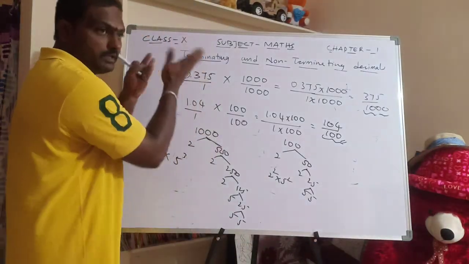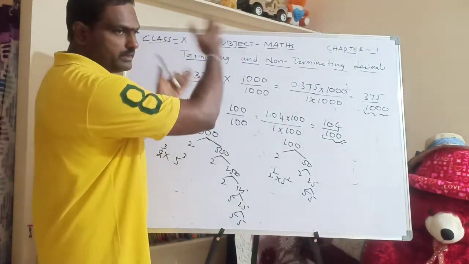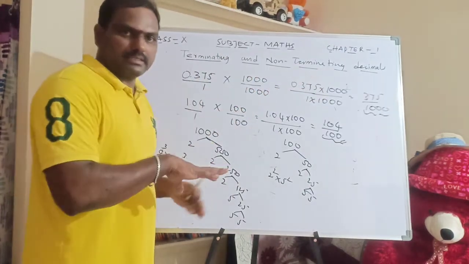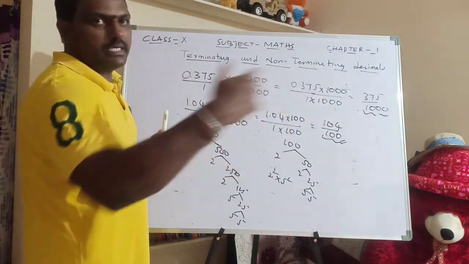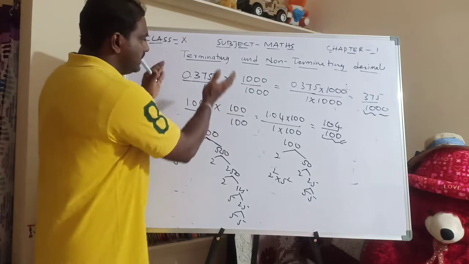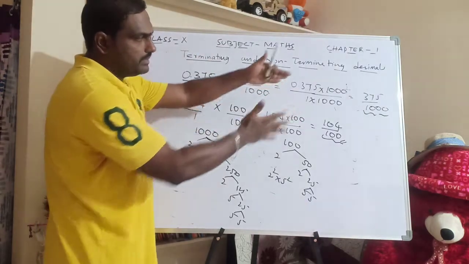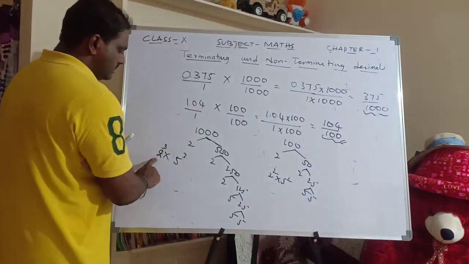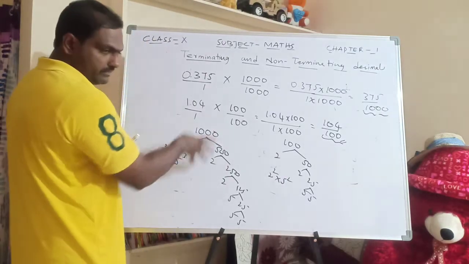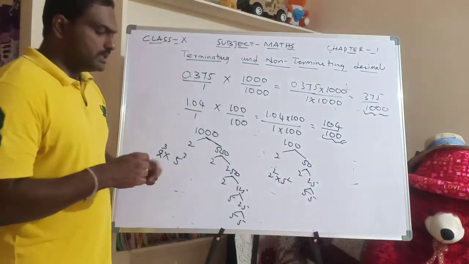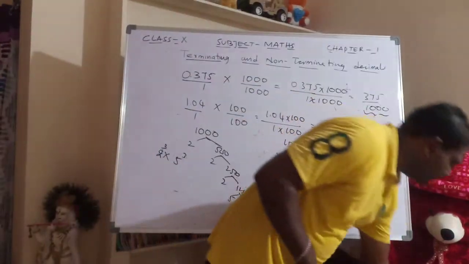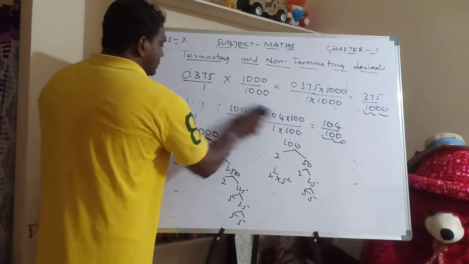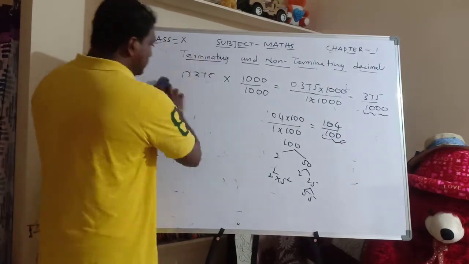That means in the first 2 examples we have taken the fractions and converted them into terminating decimals. In the next 2 examples, the same fractions or p by q form, rational numbers, gave non-terminating decimals. In the third case, we have taken the terminating decimals and written them in p by q form. In this we have observed that the denominator is 2 power 3 into 5 power 3 in the first case, 2 power 3 into 5 power 2 in the second case. So keeping all these points in view, now we have to get a conclusion for terminating and non-terminating decimals. So let us see the conclusion.